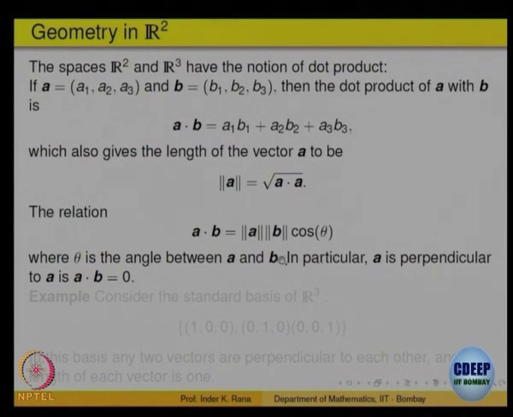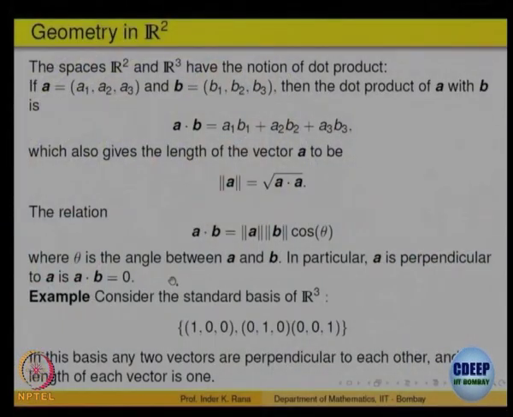So, once that is there, you can say when two vectors are perpendicular and the angle between them is 90, that means a dot b is equal to 0. So, that gives you an algebraic notion of perpendicularity of two vectors, that the dot product is equal to 0. So, that is geometry being converted into algebra, basically keep that in mind, because you can do geometry in R2, you can do geometry in R3, you cannot do geometry in R4, you can't visualize that. But you want to do the same things. So, all these concepts carry over to R2, R3, R4, Rn, any, right. So, we can do everything.